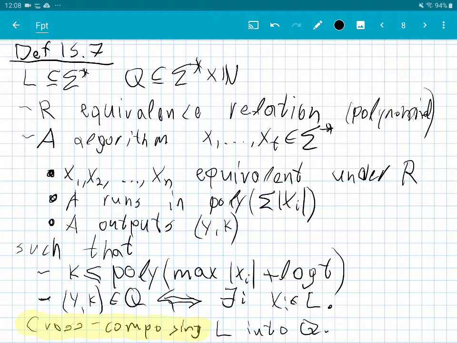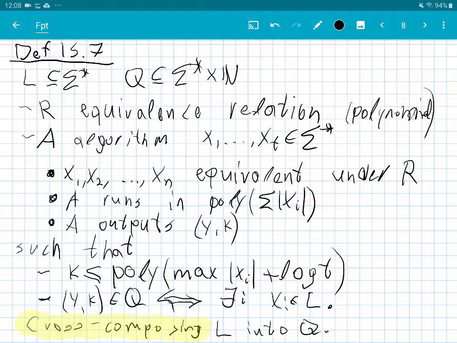If I give you a graph and say it has n entities, either vertices or edges, and I say two instances are equivalent if they have the same number of vertices and the same number of edges, then inputs of length n define n squared equivalence classes, and we can check whether two inputs are equivalent under this relation in polynomial time. It's very easy: we just count the number of vertices and edges. So we have some relations like that. This is really a technicality which we shouldn't care about too much.